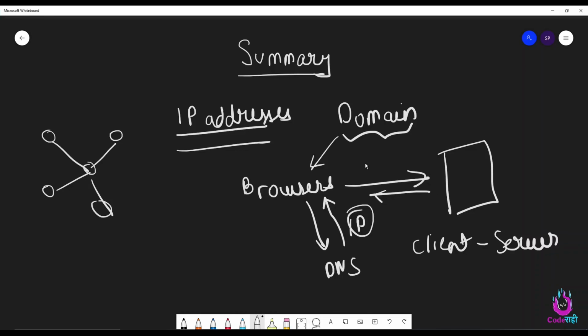So let's say you are visiting some kind of domain name mywebsite.com, it will send back the HTML page or the home page of that website. So this is how the client server architecture works. This is how the browser knows what exactly is the IP address, it sends a request to the DNS server, and DNS maintains the mapping. So this was what we covered in this video.